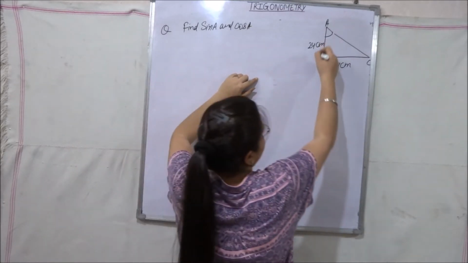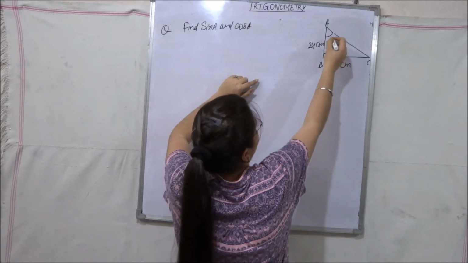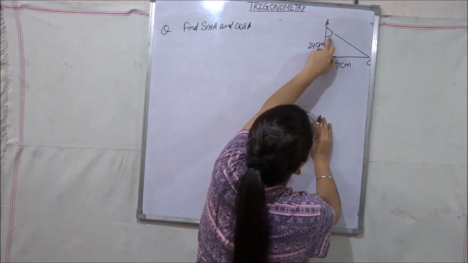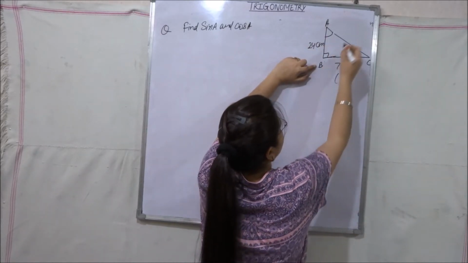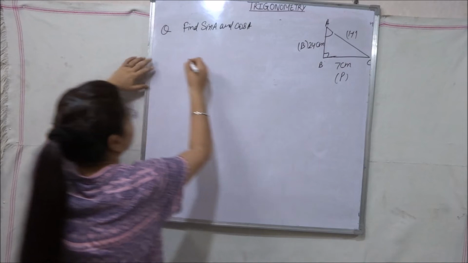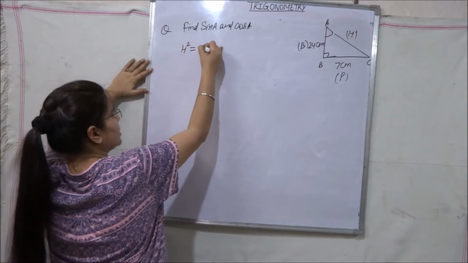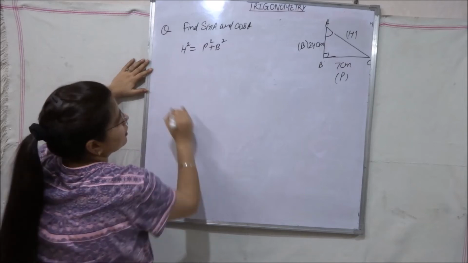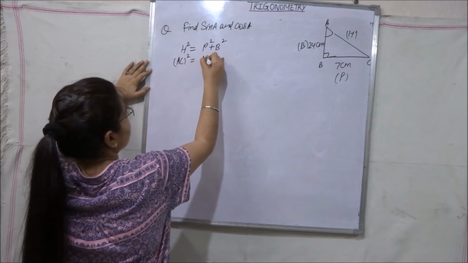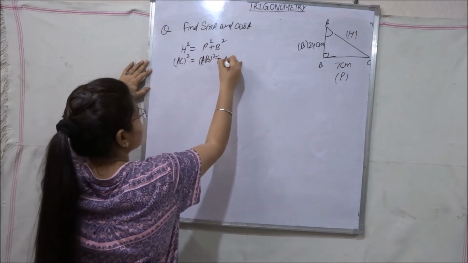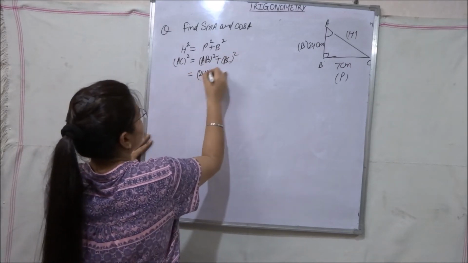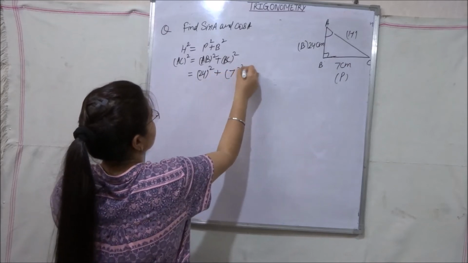Now in a right angle triangle ABC, which is right angled at B, we have to find the sin A and cos A. Side opposite to angle A will be perpendicular and side opposite to 90-degree angle will be hypotenuse. So left will be base. According to the Pythagoras theorem, H square equal to P square plus B square. So our H is AC. AC square equal to AB square plus BC square. AB is 24 square. BC is 7 square.